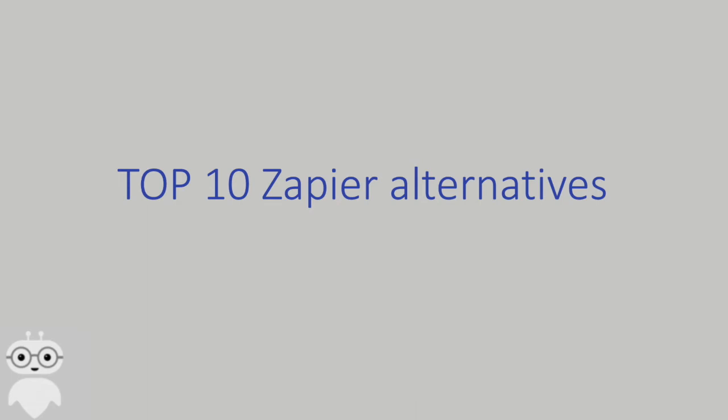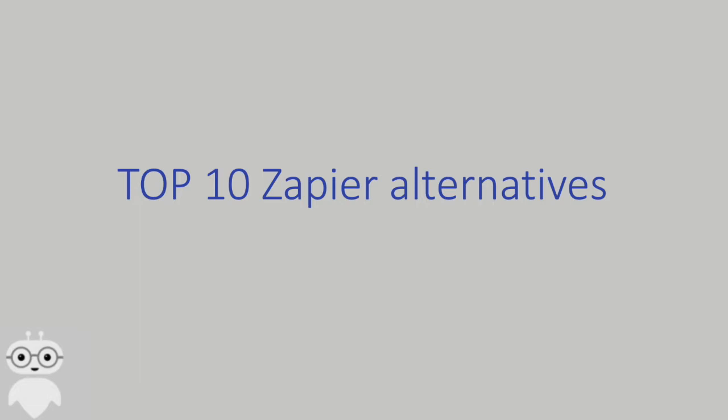Does it make sense to talk about the 10 best Zapier alternatives? Zapier is the de facto standard for API integration for small and medium-sized businesses. There are many reasons why this is so. They were the first successful standard API integrator, they have the most integration options, and the platform is easy to